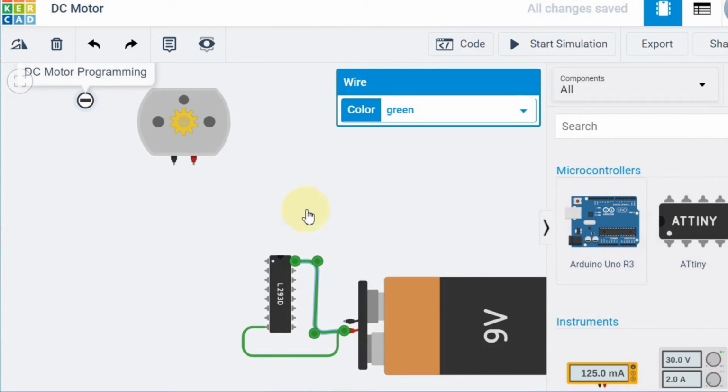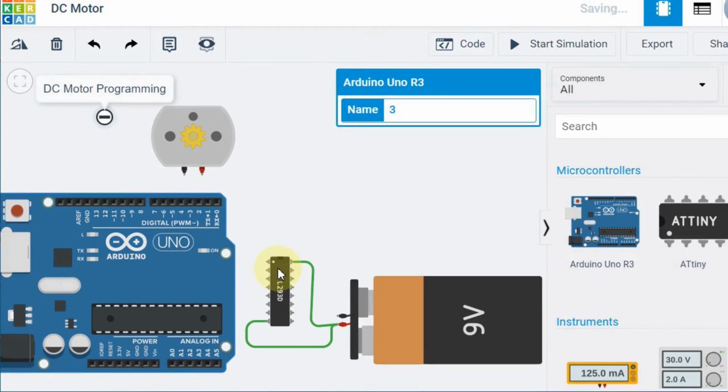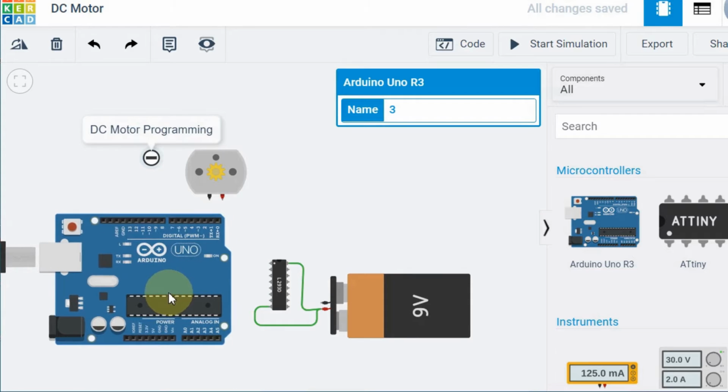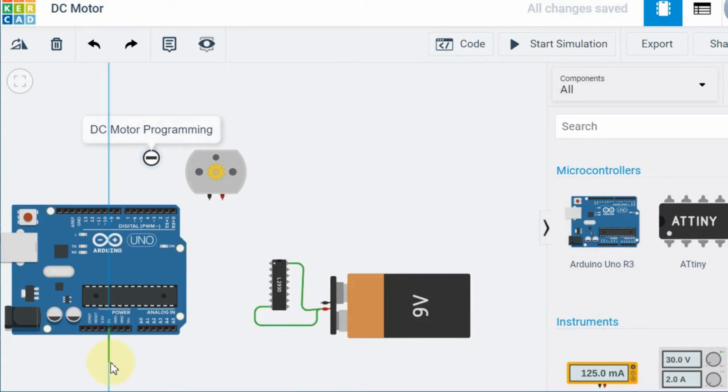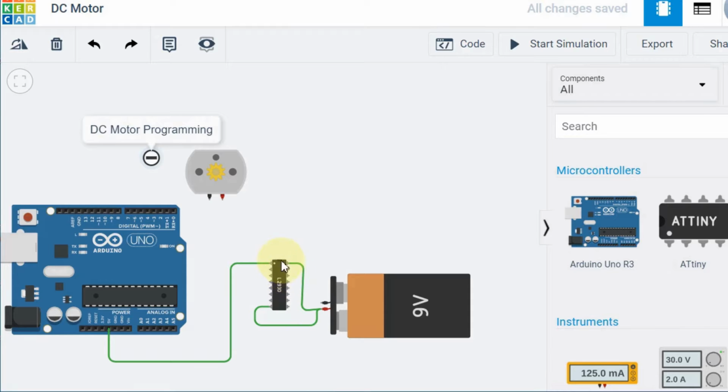So I am going to take one Arduino. From this Arduino I can take a 5 volt supply. This 5 volt supply I will give as the enable pin. After giving this enable pin only, we will be able to access the right hand side and the left hand side. So for enabling the left hand side, I need to give a connection here also. So I'm going to give the same pin. So I connected and enabled pins 1, 2 and 3, 4 also.